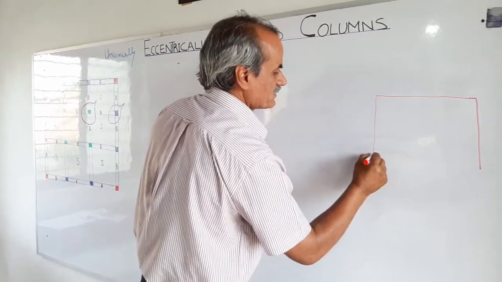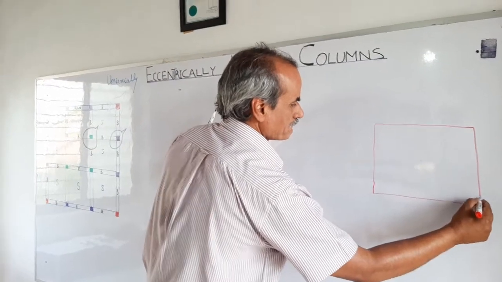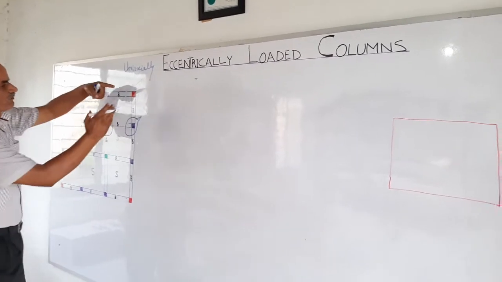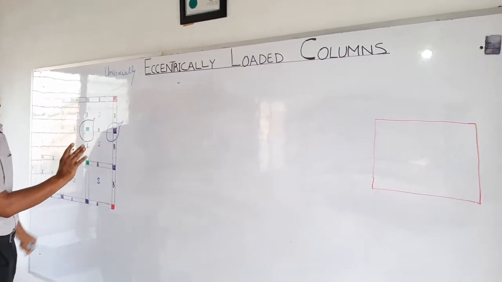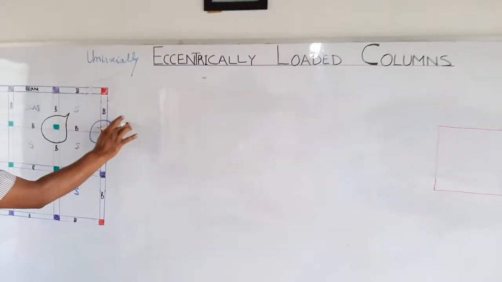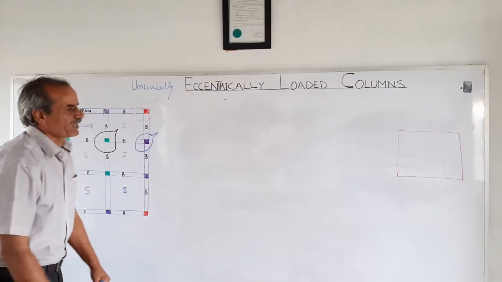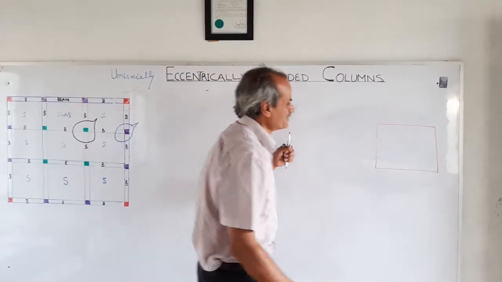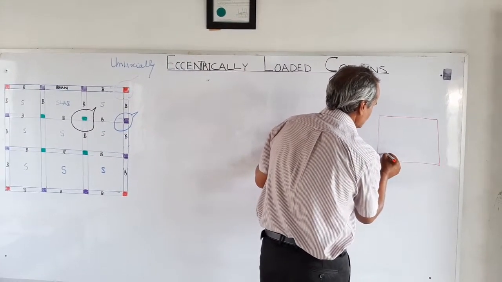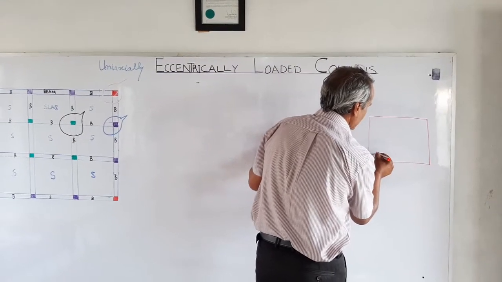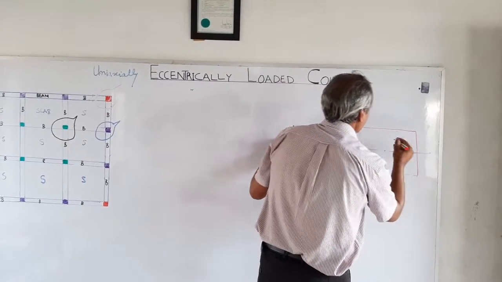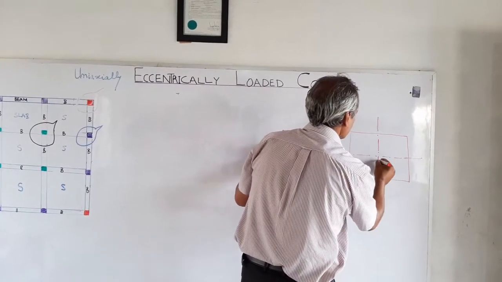and this column is being loaded by only one quadrant. The contributing area is only on the one quadrant, the rest of the three quadrants are empty. So hence it is quite likely that the load shall be away from the center in such a manner that it is near some corner. Say it is acting over here, and this is the x-axis and this is the y-axis.